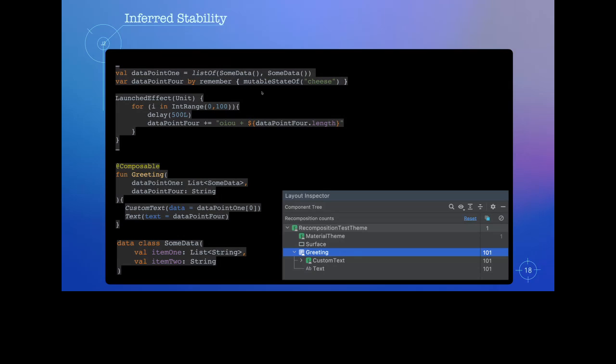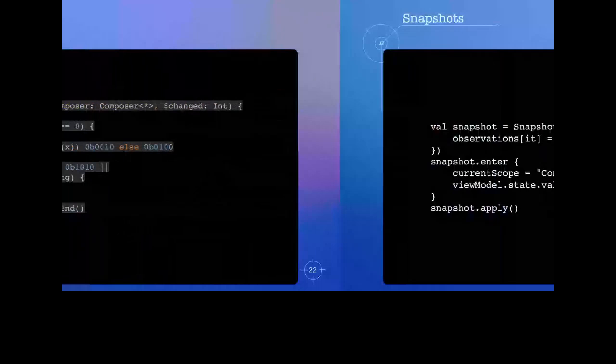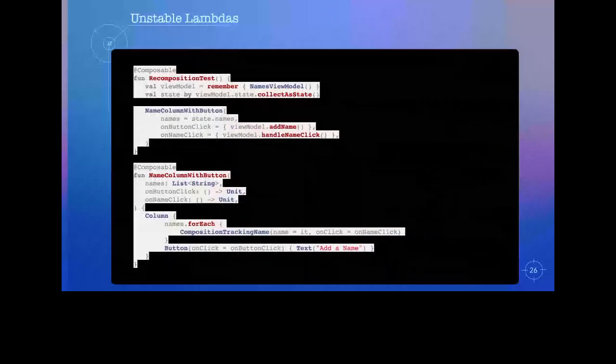Yes, makes sense. Okay, so the next thing here,